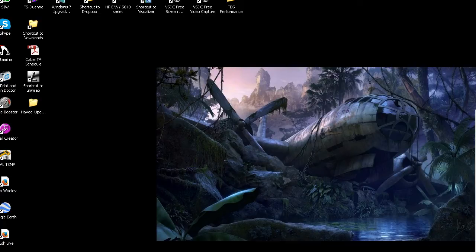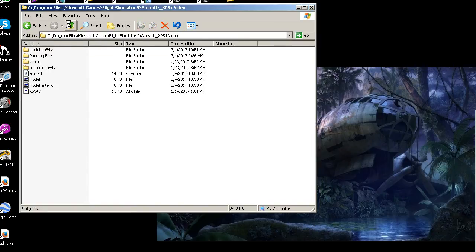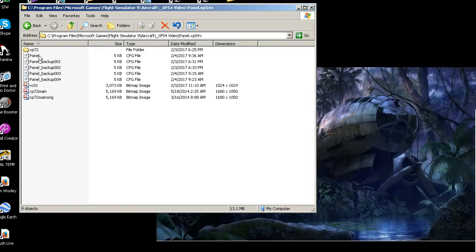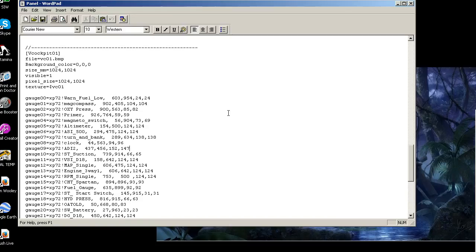panel config. I want to open your aircraft folder here and go to panel folder, and then we're going to open the panel config. We just want to explain and tie this back to what we did in the Cockpit setup series. You remember when we textured the panel, we called that texture